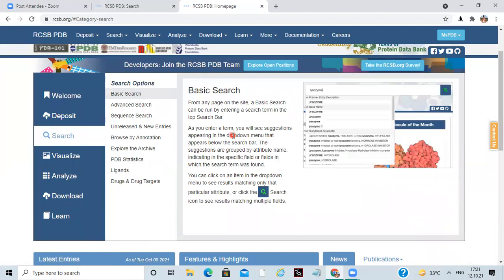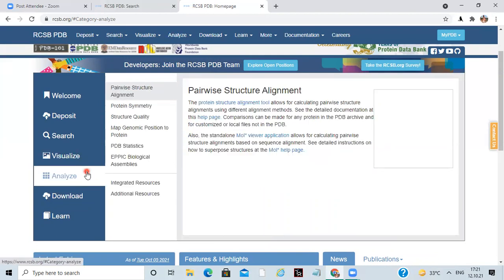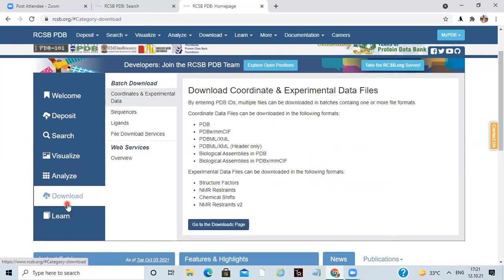You can perform a variety of searches here. Basically, you can also identify enzymatic reactions. Enzymes are also protein moieties, so you may be interested in researching an enzymatic activity, and its structure can be taken from the PDB database. It also provides a 3D format of the file, and we will open some files here. First of all, we have to explore the data. Pairwise alignment can also be done, and we can download the files in multiple formats.